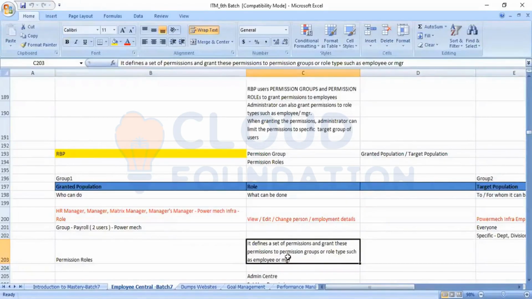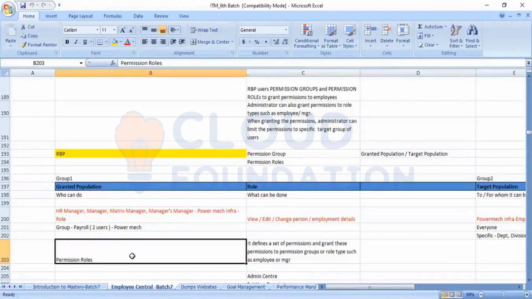But if a pop-up window comes and shows that you do not have the necessary permission, please contact your administrator, it means the permission is not given to you. But if you go into another screen, you can access that particular function. That is controlled by a permission role.